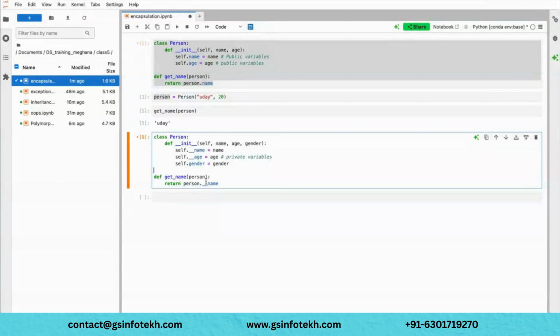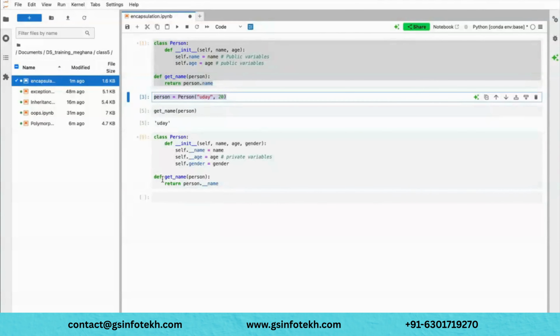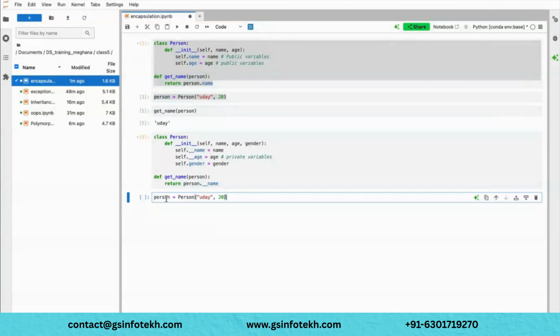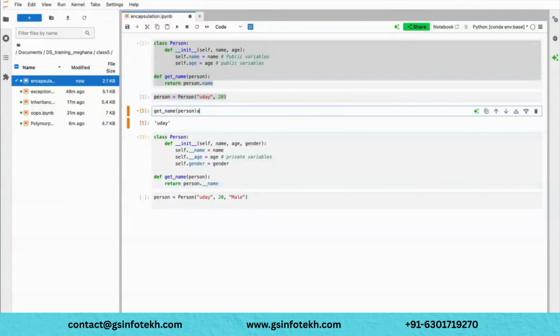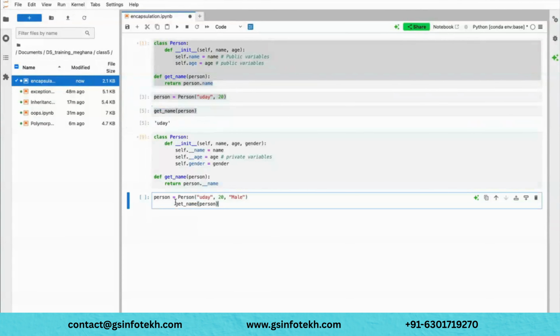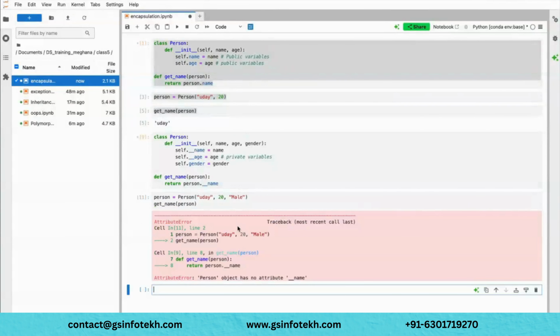Okay. So now let's say if I am accessing it in a similar way, let's see whether I am able to access it or will it throw an error. See, what it is giving: person object has no attribute underscore underscore name.